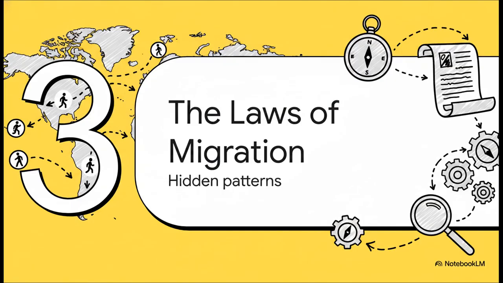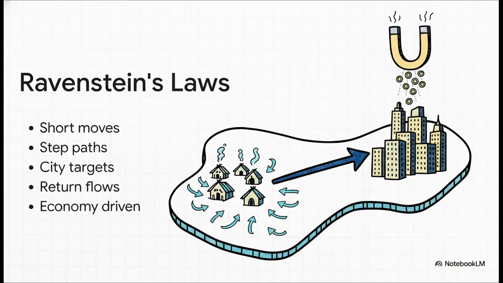Section 3, the laws of migration, finding the hidden patterns in the chaos. Now, you might think millions of individual decisions would just look like pure chaos on a map. But back in 1885, a cartographer named Ernst George Ravenstein proved that's not the case. By crunching a ton of mid-Victorian census data, Ravenstein came up with these highly predictable, almost mathematical rules for human